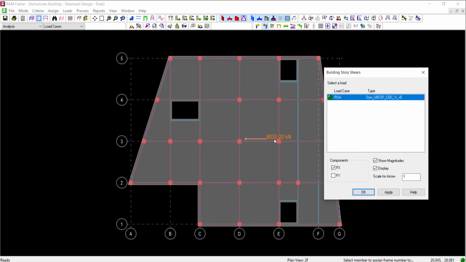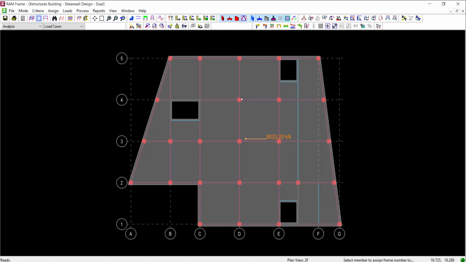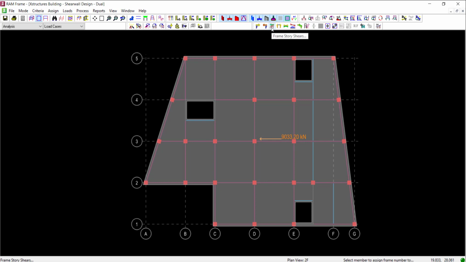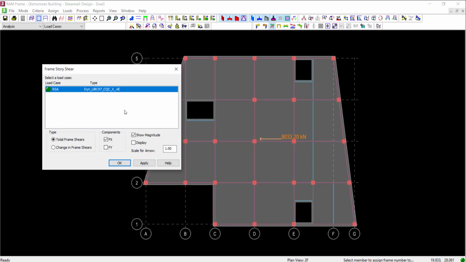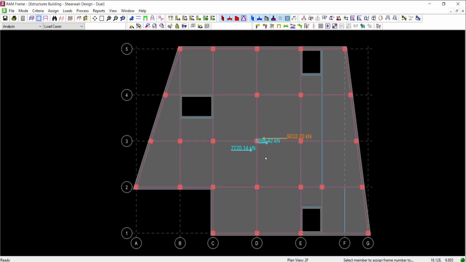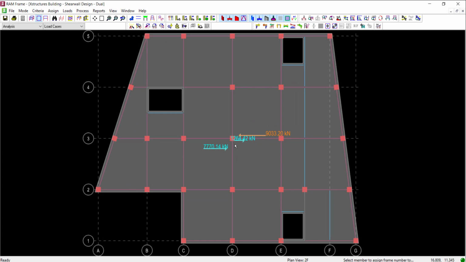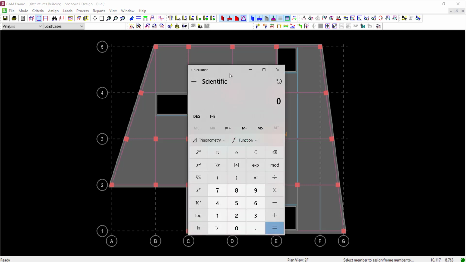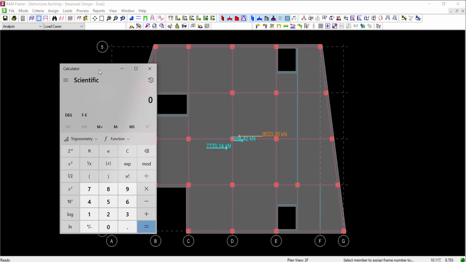So, 9,033.2. And then, for the split sharing between frames, i-click ko lang 'to, frame story shear, and then click display. Ayun. So, ngayon may makikita kang dalawang numbers. Ayan. So, yung maliit, para yun sa moment frame, and then yung malaki is for the shear wall. Ngayon, kung kukunin mo yung percentage,